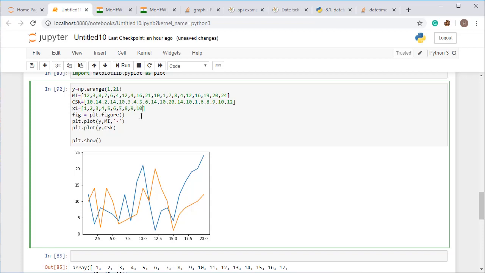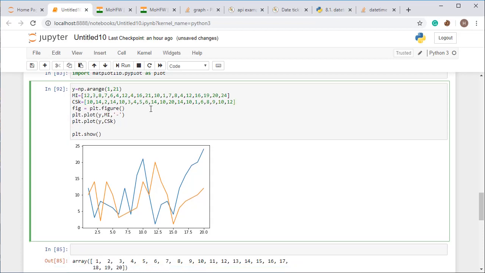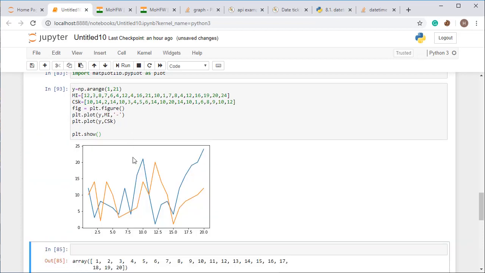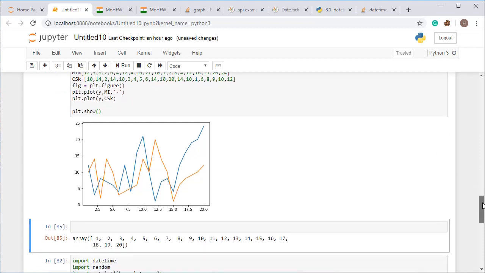In this manner, if you want to plot the fall of wickets, you can also plot the fall of wickets by providing the data of x-axis as well as y-axis. And here on the x-axis you have the overs, so you can plot by taking x-axis value as overs and number of wickets fallen. Let's see, MI has lost. You can also plot this thing with wicket falling. I am showing you how to plot both the graphs at a time. So this one is the graph for the run difference, means how both the teams have scored the runs.